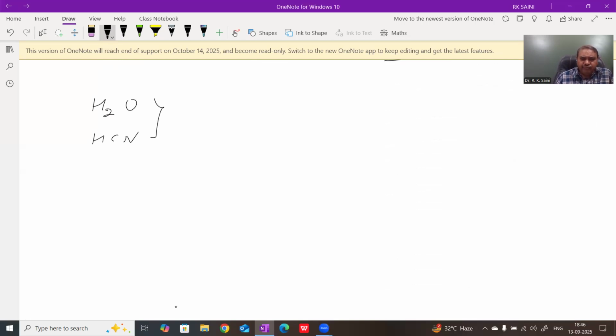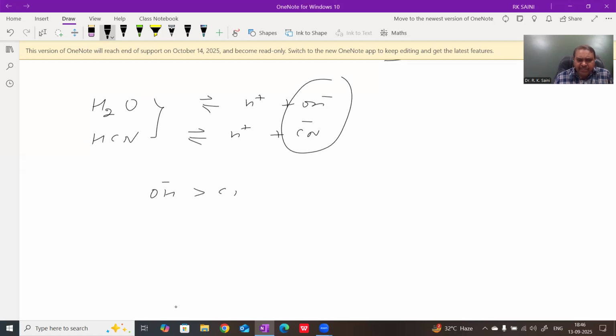H2O gives H plus ion and OH ion, and HCN also gives H plus ion and cyanide ion. First, stability. OH ion is more stable than cyanide because the negative charge is present on the more electronegative element, and this ion is